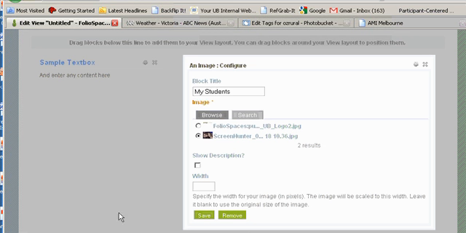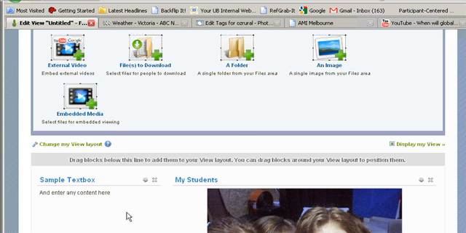You'll also need to enter a width. About 400 pixels tends to be a good size. Click Save. To include a video from a site like YouTube, left click on External Video, drag it down onto your view, let go,